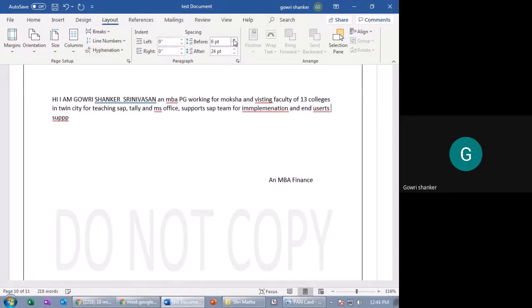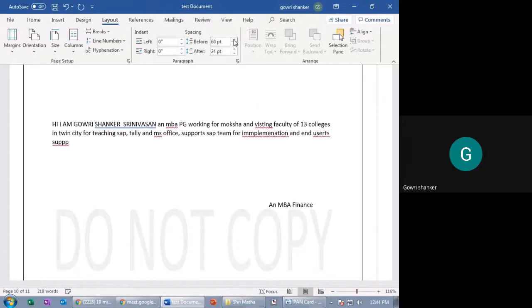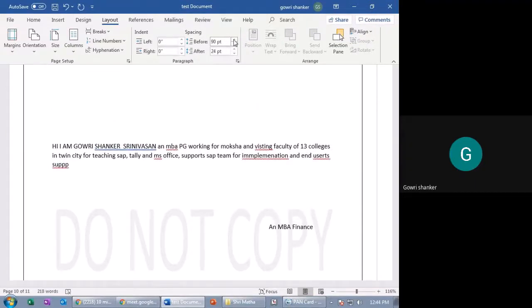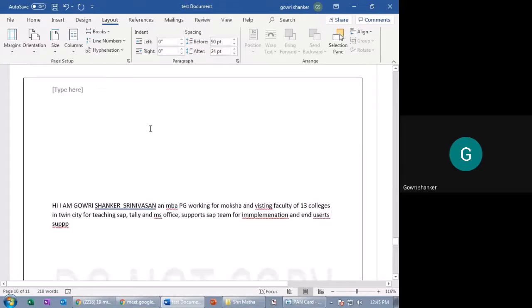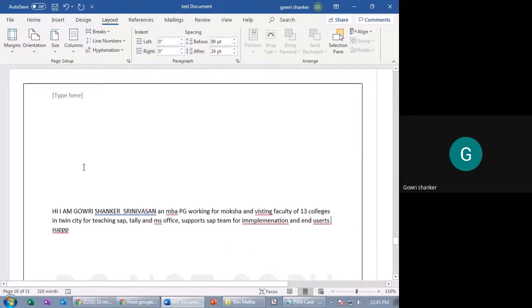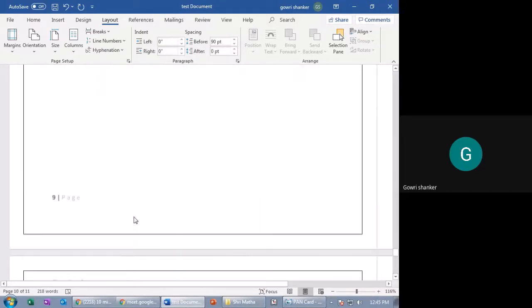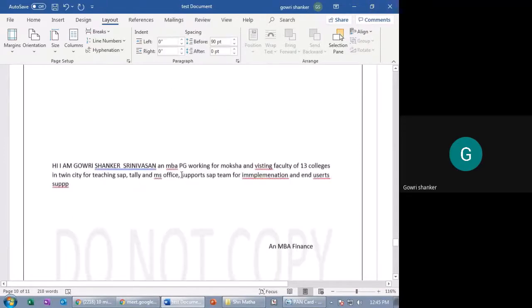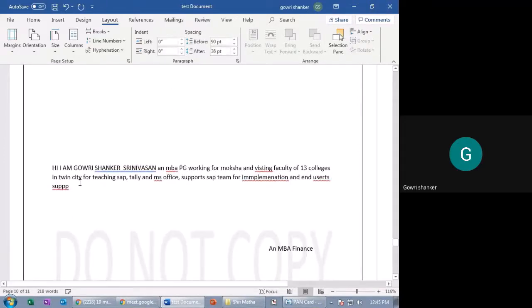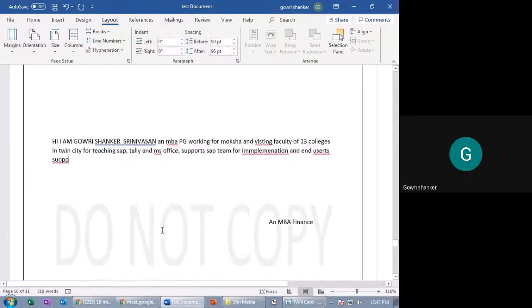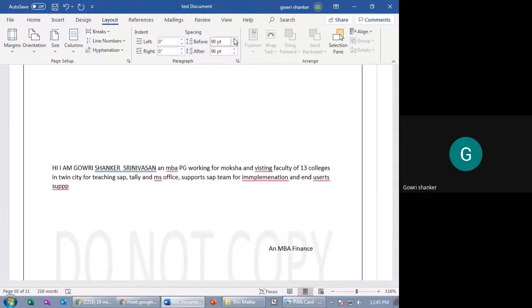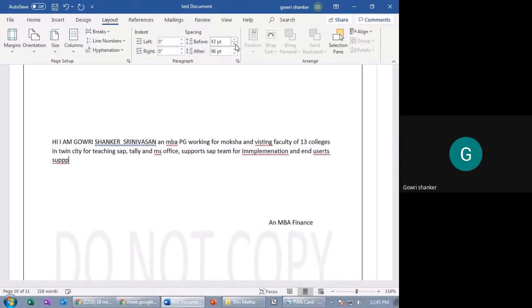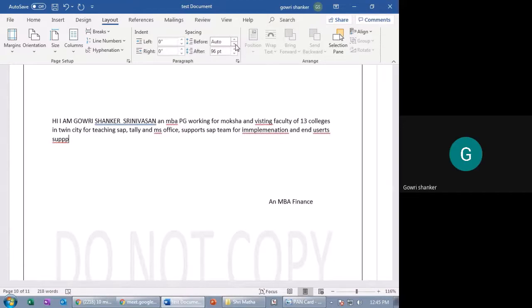Before, after. See, this is before. Before you can find out easily because you have less spacing between the header and the paragraph. But after means it reduces because you have so much space here. Okay, so for example, let me increase the after spacing. See, there is so much space, that is why it is not affecting immediately. But before you have 90 points, see the space. It is shifting up automatically.